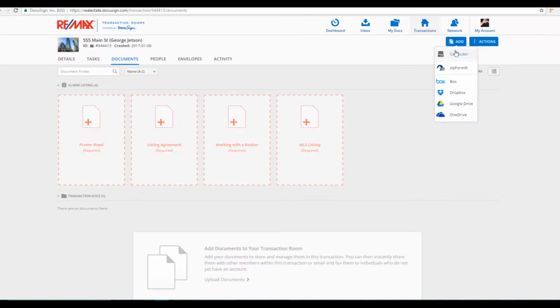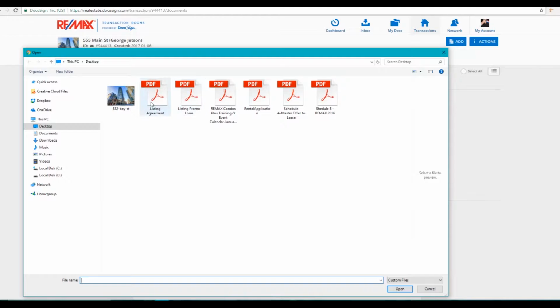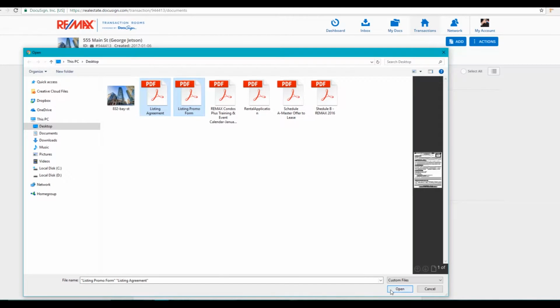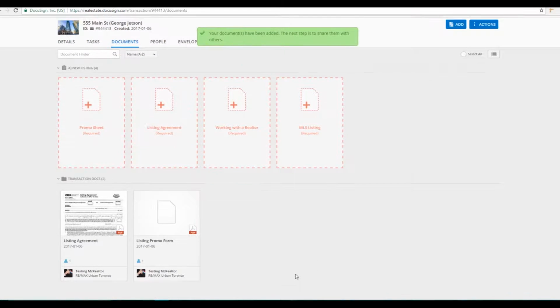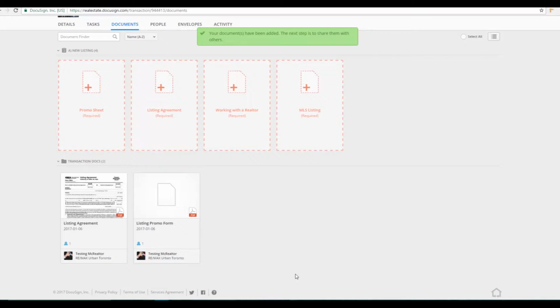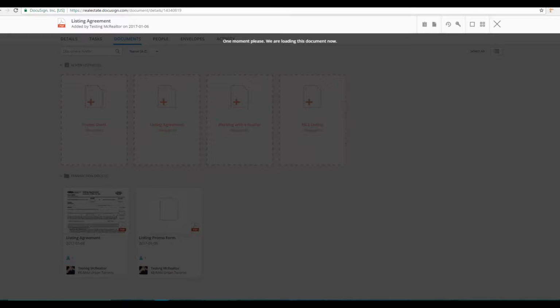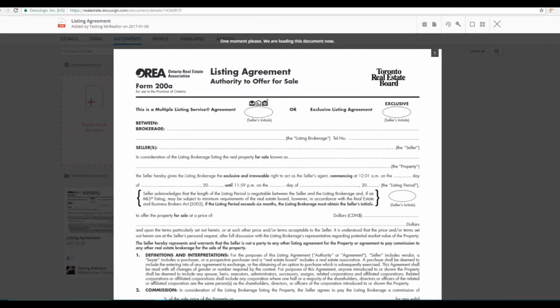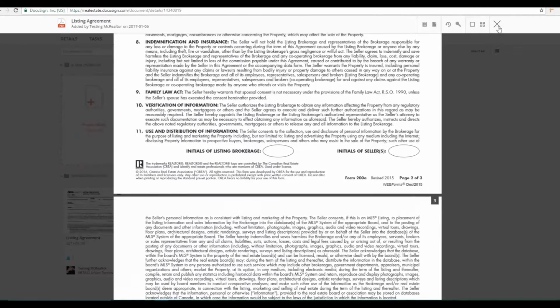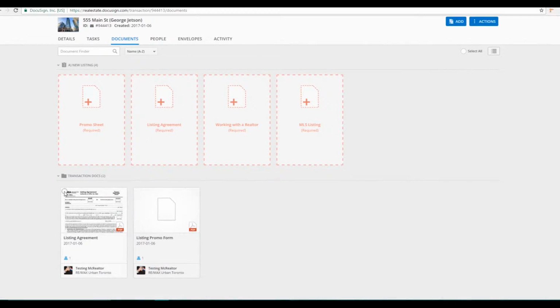We're going to add from the computer, add the documents we want to get signed, or in this case any documents, and they'll appear at the bottom here. So now if I click on my listing agreement, we're just going to pretend that it's already filled out from web forms, but we're going to need the signatures. So what I have to do is I'm just going to select the documents that I would like to get signed,